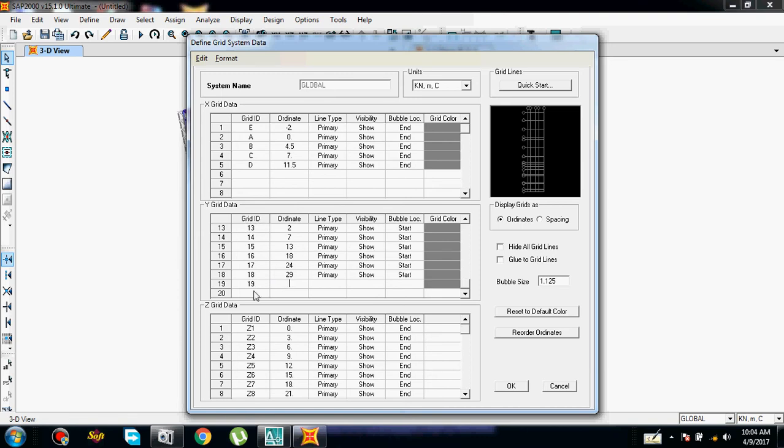Again 6, that is spacing, that is 35. Again 5, 40, 46, 51, 50, 51,